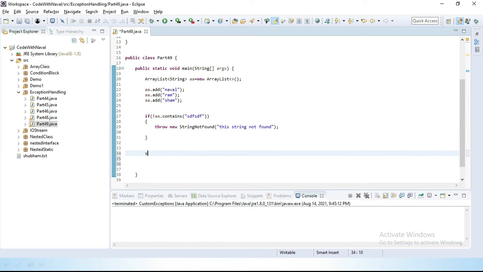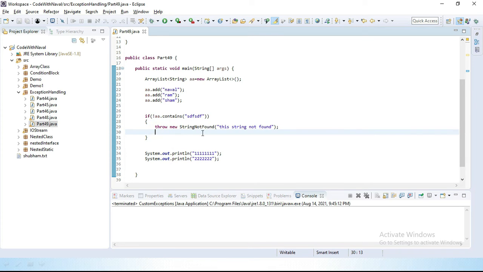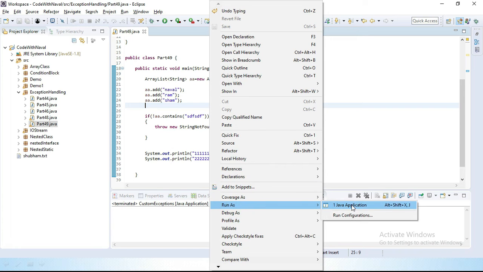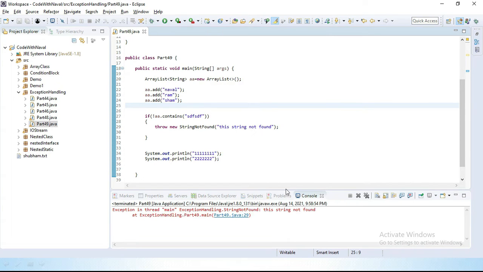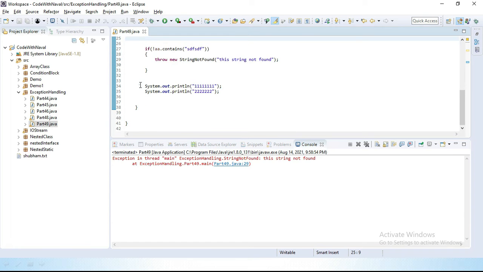After this exception, I'll add System.out.println with the first statement, then a second statement, so you can understand. Without adding the exception handling, I'll simply run this program as a Java application, and you can see it immediately throws the exception.